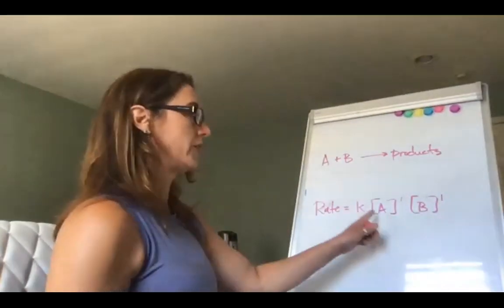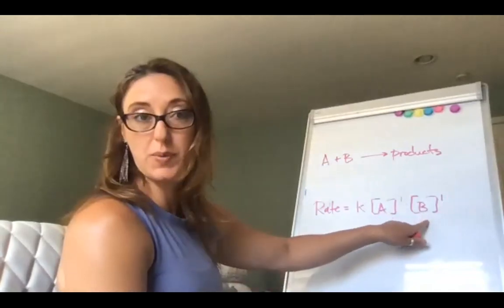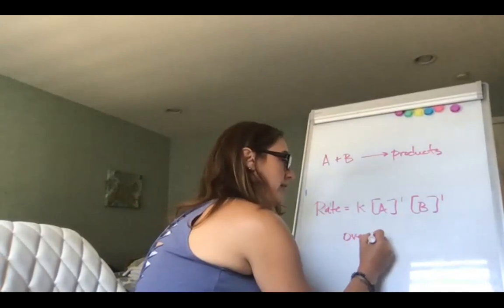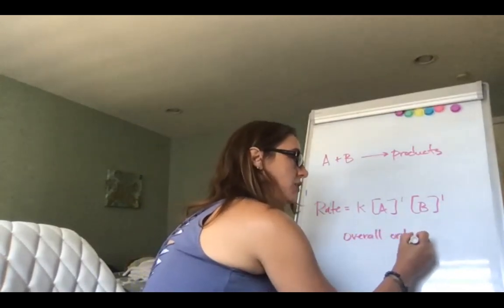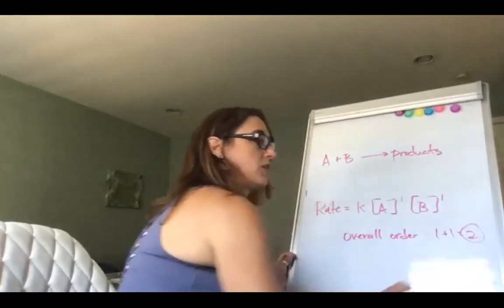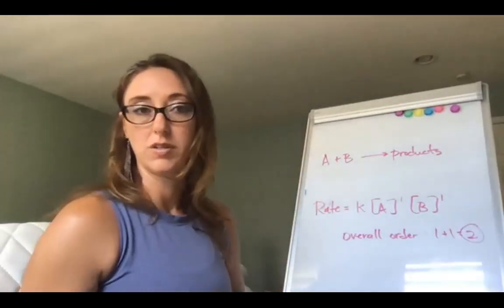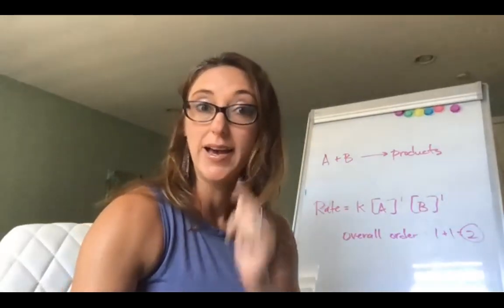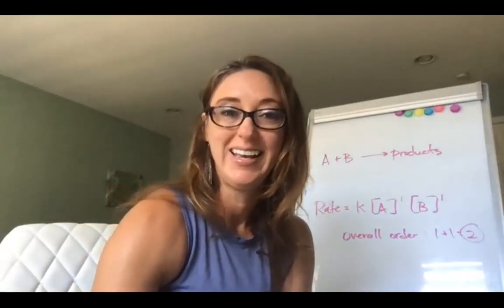Okay, so the order with respect to A is 1, the order with respect to reactant B is 1, and then we can say the overall order is just adding the two together. 1 plus 1 is 2. So the overall reaction order is 2. Okay. Let's try the other example Mr. Anderson did that was